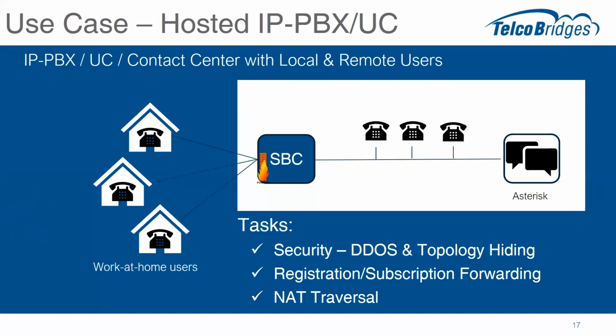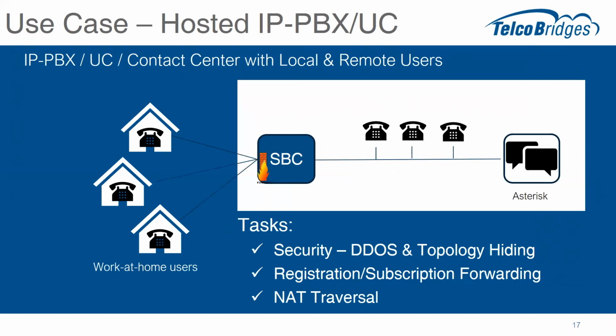This could either be on-prem in a premise-based deployment, or it could be a cloud-based deployment. But the typical use case would be to put a session border controller in front of the Asterisk server, providing connectivity for the remote or work-at-home agents or whatever it might be. And this provides denial of service protection and topology hiding to the network, but it also passes along the registrations and subscriptions that come from these remote devices. The IP phones all want to register and they want to be able to have busy lamps and other display information. That all needs to be passed through.